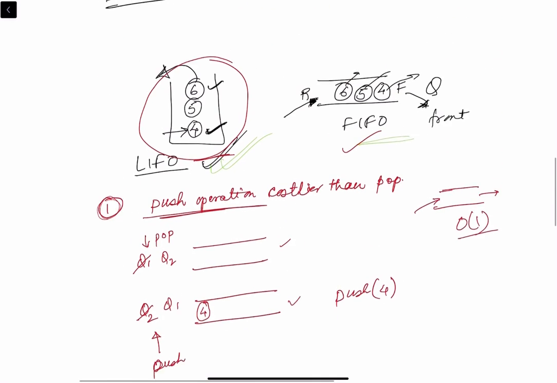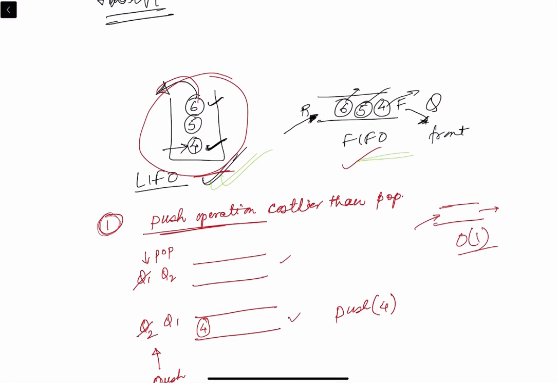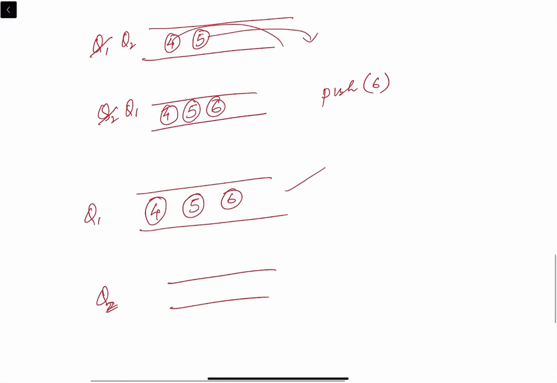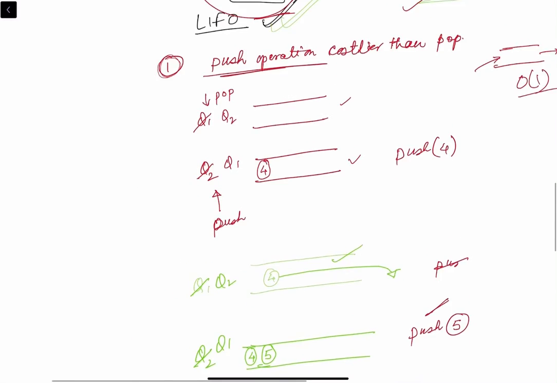Now see, what was the stack? Whenever we want to pop out, 6 should come first and 4 was inserted first. Okay? So 6 should come first. So as you can see in this queue, if you do a pop operation in terms of a stack, it will first pop this 6. Again, if you do this pop, it will pop this 5 and so on. So this was the first method.